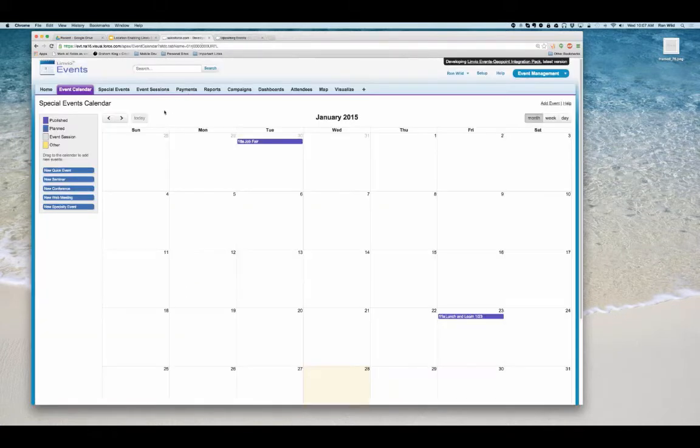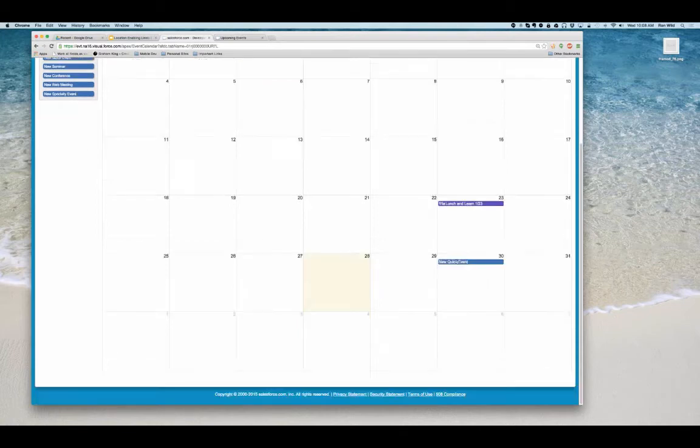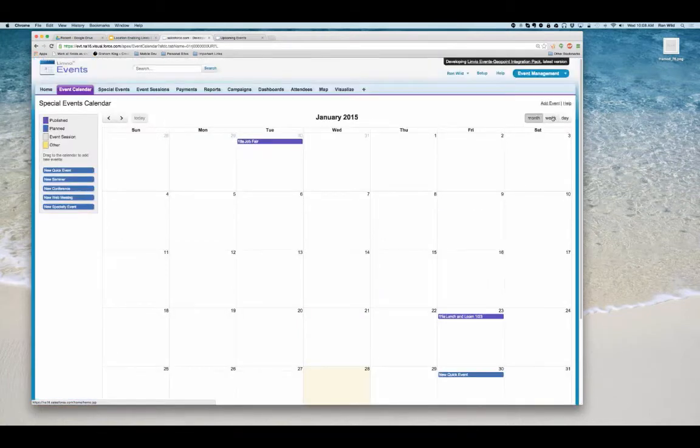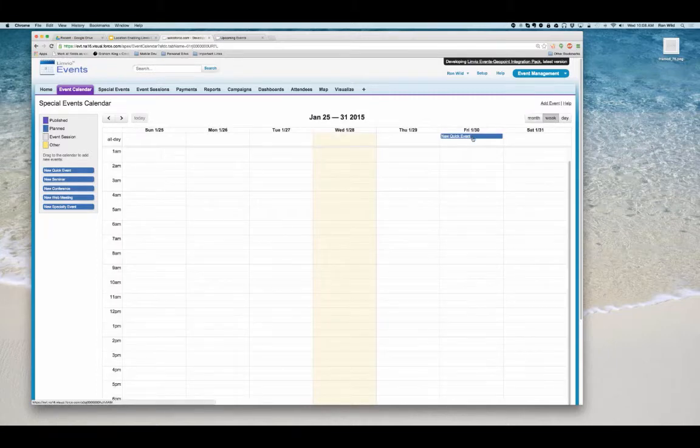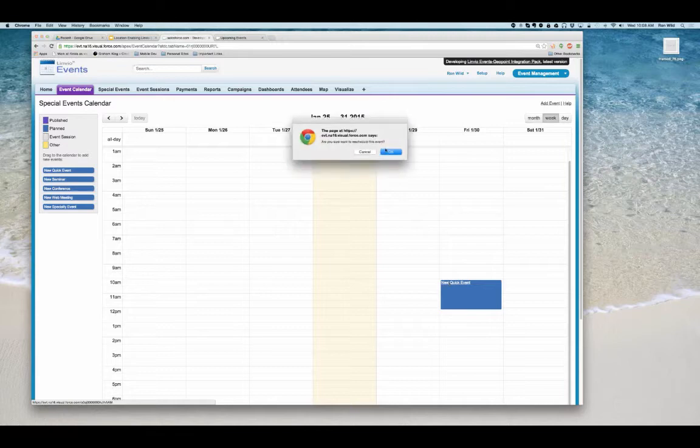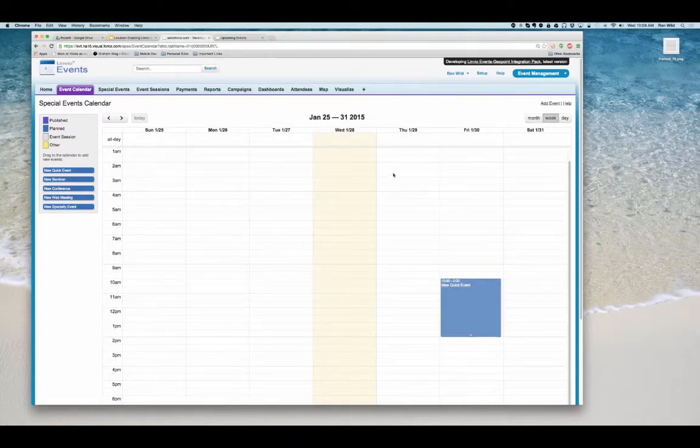So getting back into the system here, let's say it's time to schedule the users group meeting. So in the events package, we have a WYSIWYG calendar. We can simply drag and drop to create an event. We'll put our new event on the 30th of the month, and we can use the week view to schedule the time for this users group meeting. Let's say we're going to go from 10 until 2. We'll do that. All right, and once it's been scheduled, then we can click into the event, and you'll see